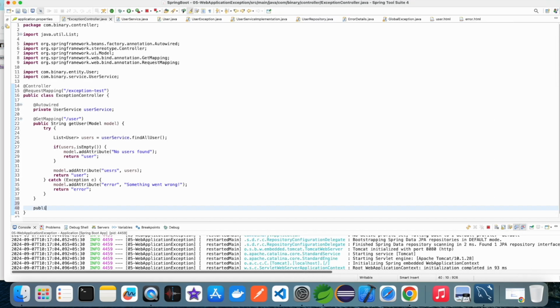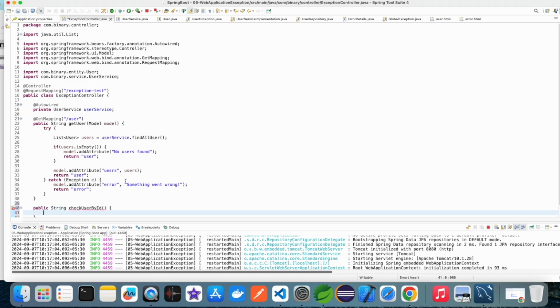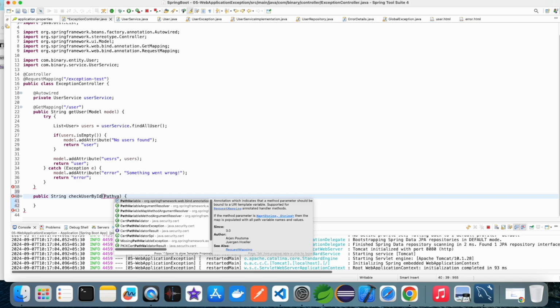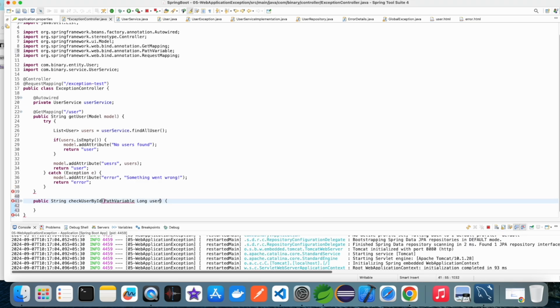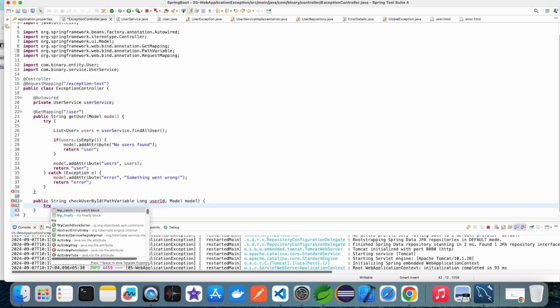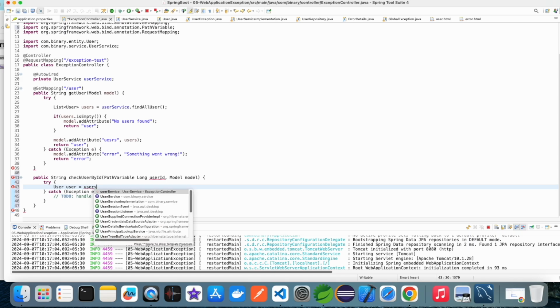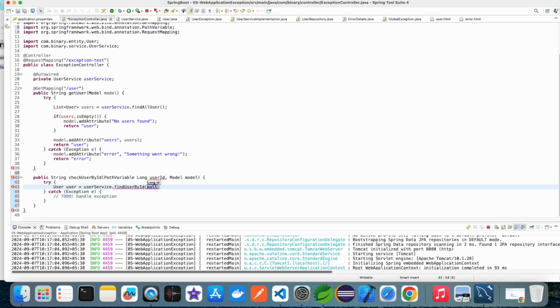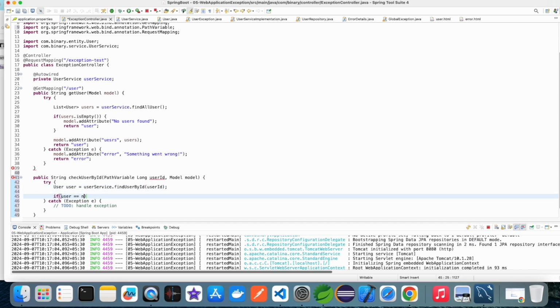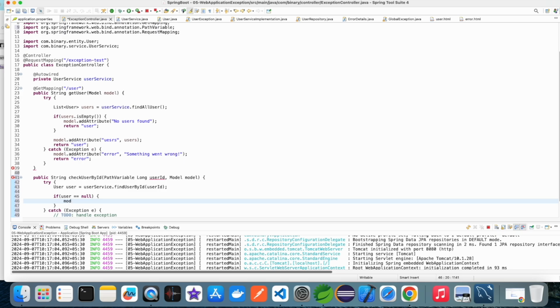Now write another method which returns users by ID. If I want to check a user with an ID, for that I make a method and simply pass the path variable, the user ID I get from the URL. Now again I use the try catch block, call the user service method find user by ID, and pass the ID. Again check for null. If the user is not found,